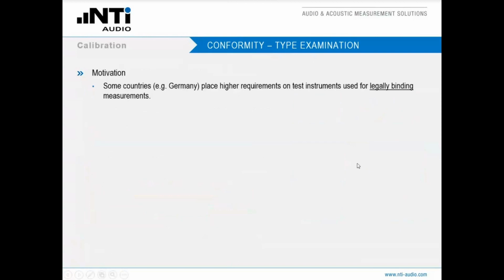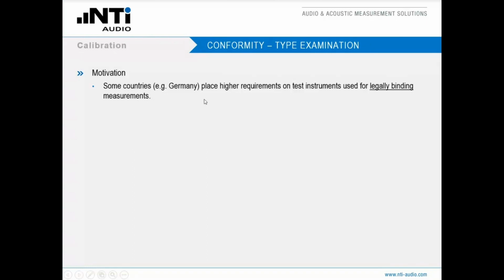Now, there is one more term I want to refer to, which has to do something with calibration, but it is not about calibration. It's the conformity or the type examination. The reason why I refer to this term is that some countries, for instance Germany, place higher requirements on test instruments.